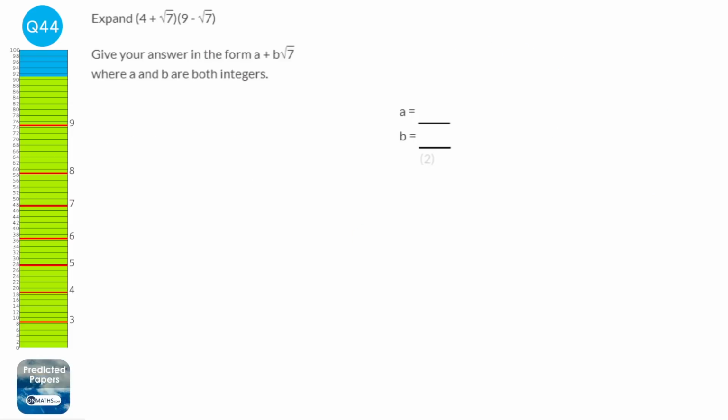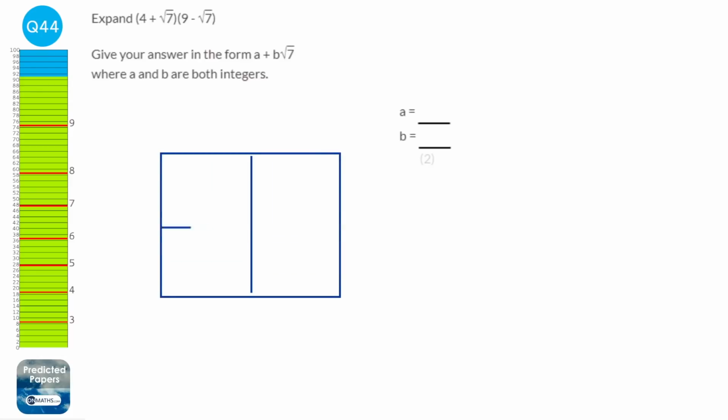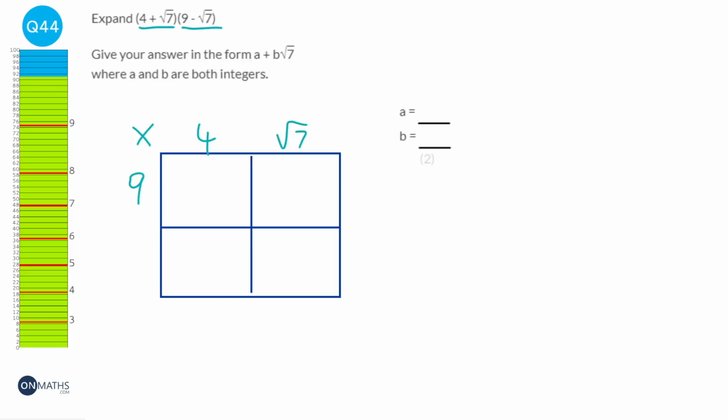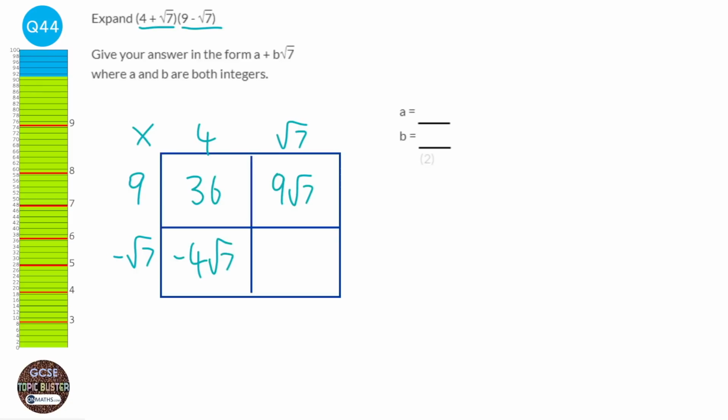Okay, so we're just expanding this similar to when we expand a quadratic double bracket, and so you can choose any method you want. I'm just going to choose the grid method. But it doesn't really matter. You pick a method you're comfortable with. So we've got 4 root 7, and we've got 9 and then minus root 7. So we're going to do 9 times 4, which is 36, 9 times root 7, which is just 9 root 7, 4 times minus root 7, so that'd be minus 4 root 7, and then minus and a positive make them negative,